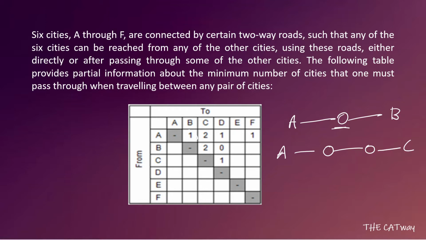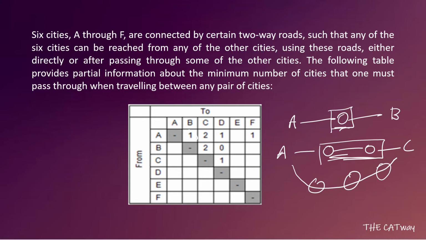Acha, these are the minimum number of cities required. It can be more than that. It can be a case that via another route there are three cities. But compulsorily there will be two cities between A and C. It is compulsory that there is one city between A and B. It can be more than one city, through another route. It can be two cities, but the shortest distance will be via one city only. So this is how the table reads.